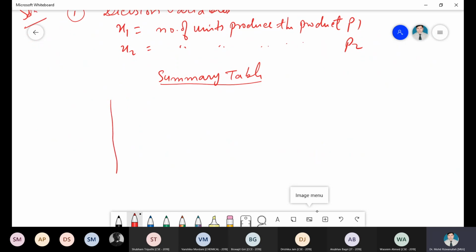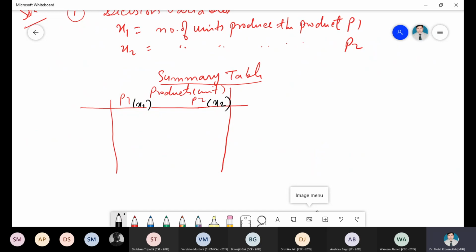Here I am writing the products in units. This is P1 and this is P2. Two kinds of products are being produced. So this P1 is nothing but X1 and this is the decision variable in terms of X2,